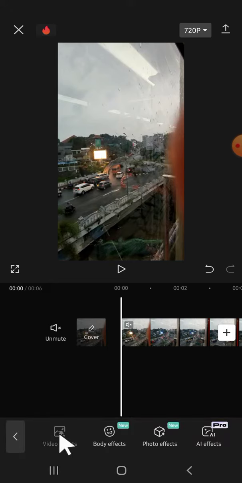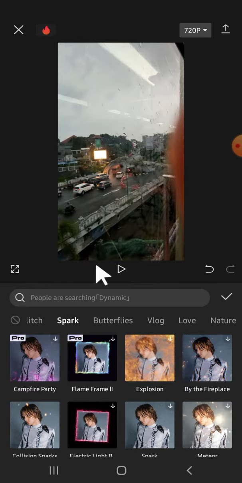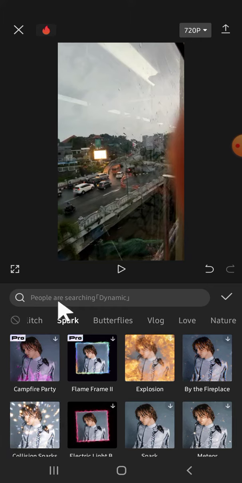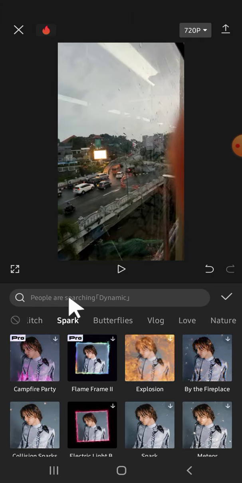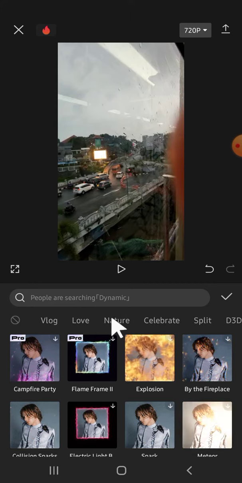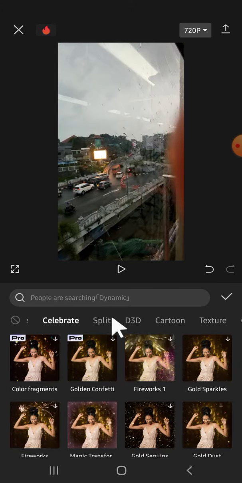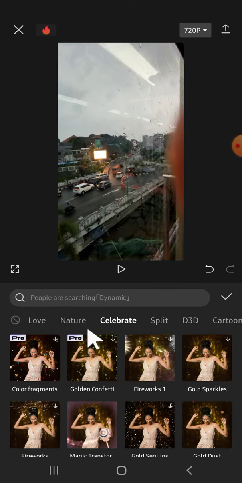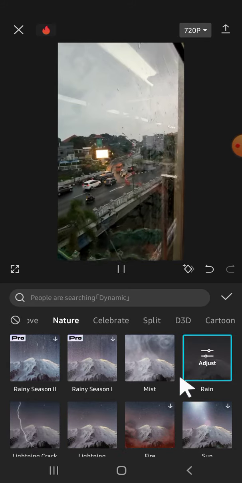And there will be a lot of effects that we can use, and we can choose and we can search for that effect. We can search the effect that we like by clicking on the search button, or you can also slide your screen like this and try to find the effect that you like. And for me, I'm just going to add like rain effect to my video. So I'm going to click on nature right here and select the rain effect